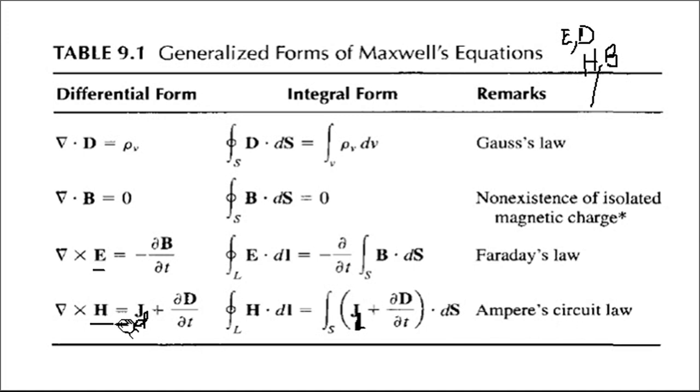Remember del cross E bar and del cross H bar. If you don't remember these two equations, half of your marks are gone if this question is asked. And take my word, whenever I am talking about Maxwell's equations in unit number 4, no paper can be complete without asking you to write Maxwell's equations. So Maxwell's equations will definitely be asked for 6 or 8 marks. If Poynting theorem is in one question and Maxwell's equations in another question, then you need to make a choice which question to attempt.